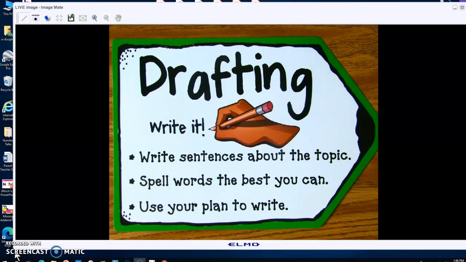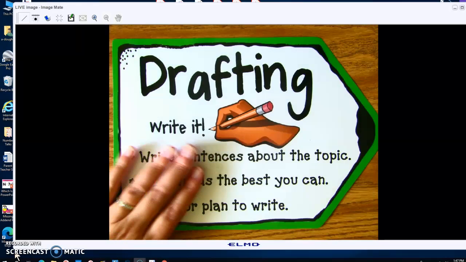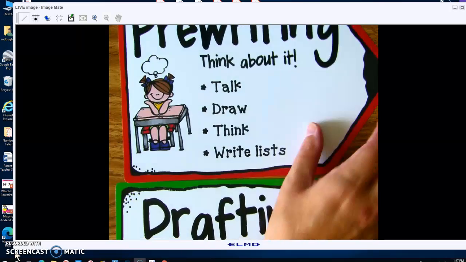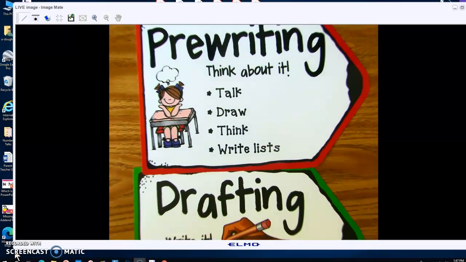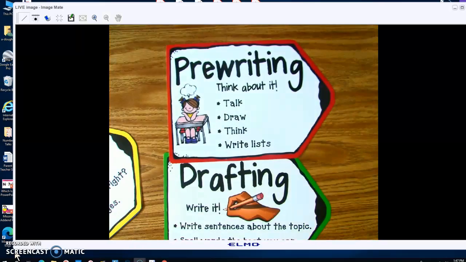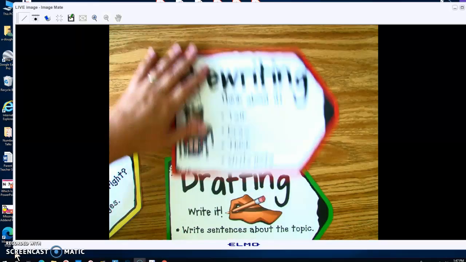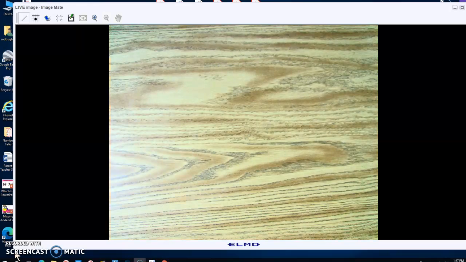So you're stopping and thinking, okay, what's going to happen next? And then you write it. Then you stop and think, what's going to happen next? And then you write it. And then at the end, we'll write it nice and neat after we go through and add and make changes. So today we're going to go in the drafting. So we are in the second phase. The first one's pre-writing. The second one is drafting. So now we're going to learn how to do that.